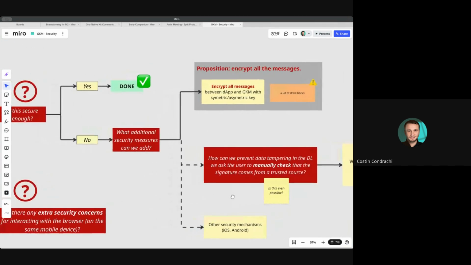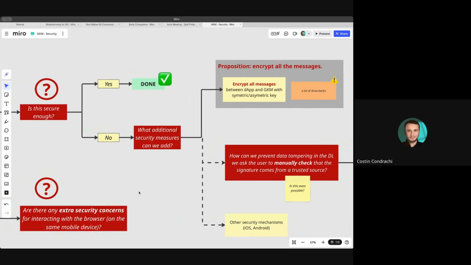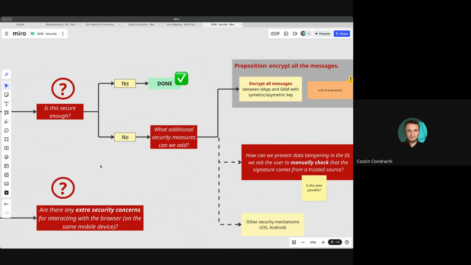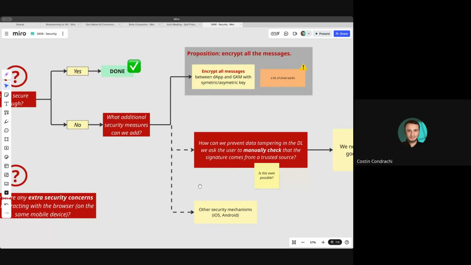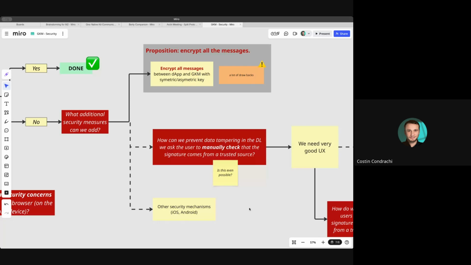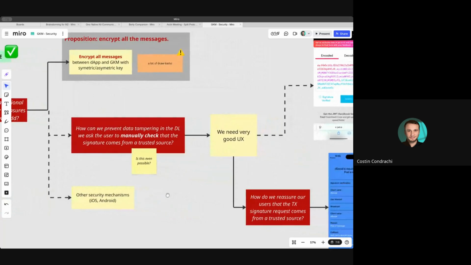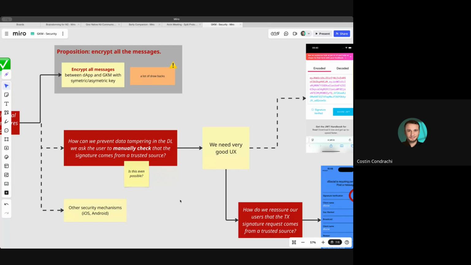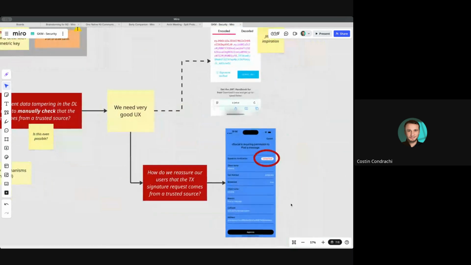For this, and even if, let's say, we think that deep links and universal links are reasonably secure enough, we still would like to have a talk with you, or to have your feedback on some important questions that are derived from this. For instance, this is how